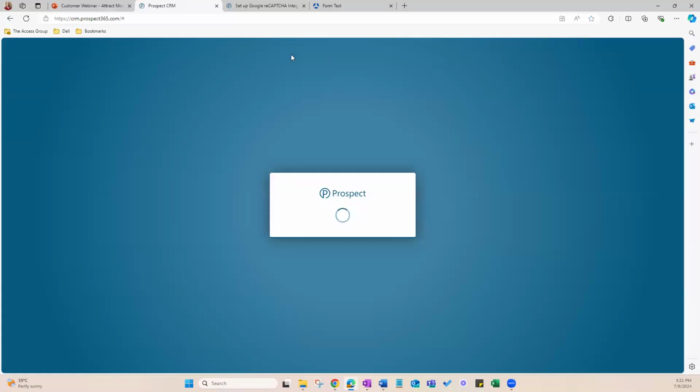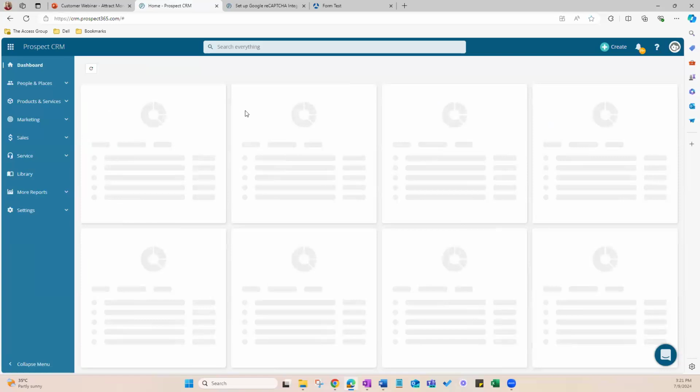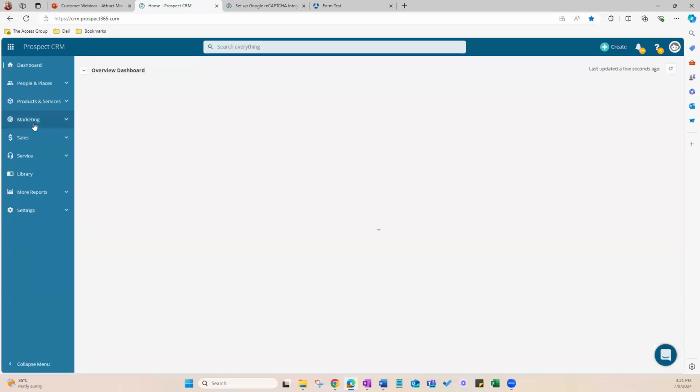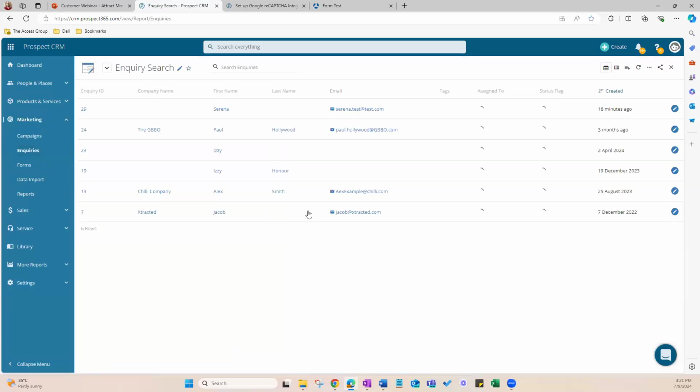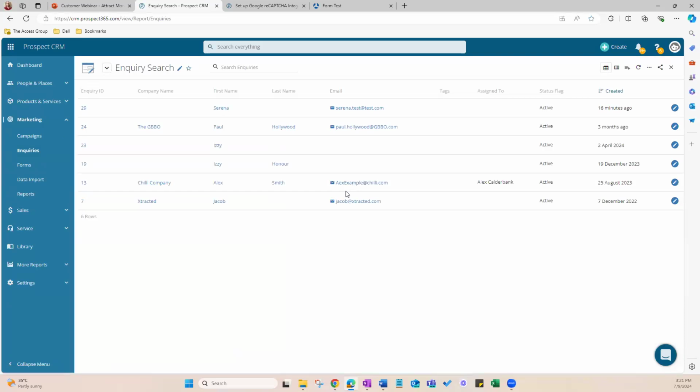Obviously, I haven't tested any web form because I cannot, but I want to show you where you can actually view these captured inquiries directly within Prospect. So again, we go to marketing inquiries and they will show up right here. This is where all captured inquiries are listed. And just like I previously showed you with manual inquiries, you can filter, assign, convert, and manage them as desired. If you have multiple forms on your website, in order to see which lead comes from a specific form, because at the moment you cannot,